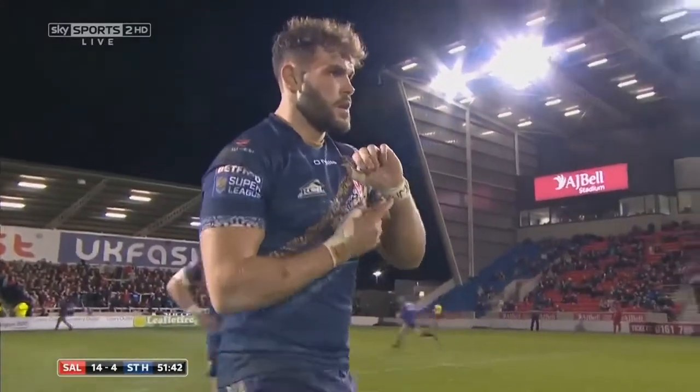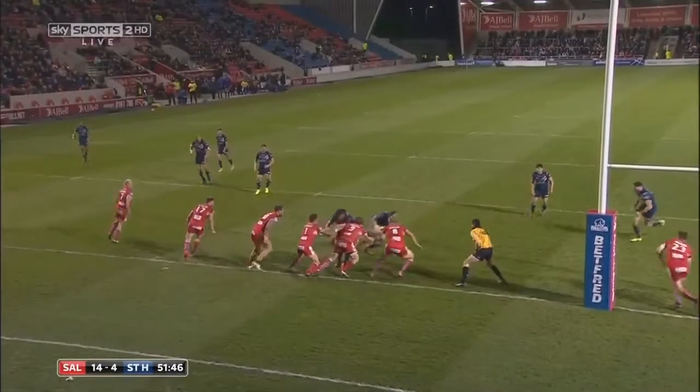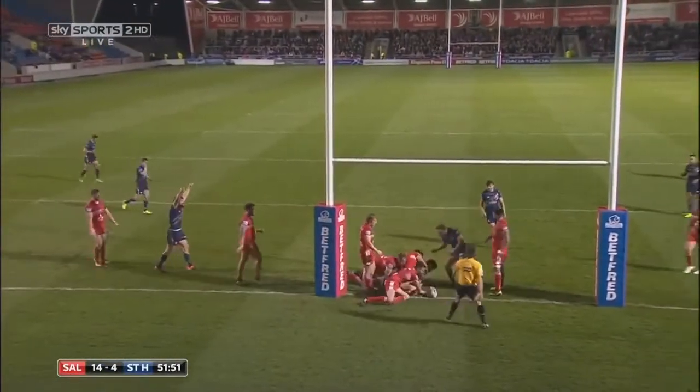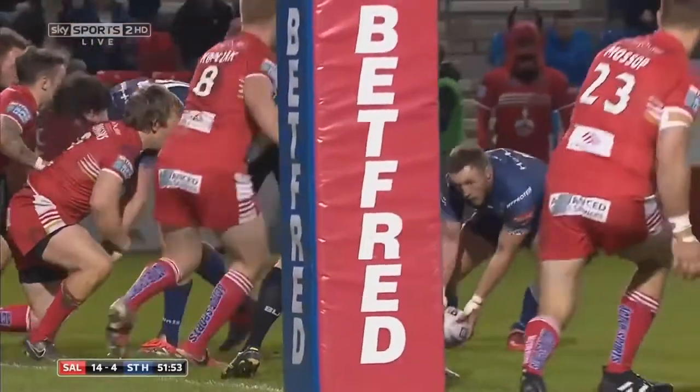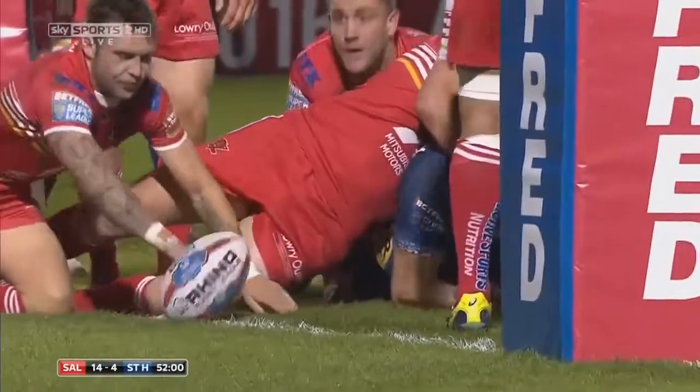Eddie, Barry's already talked about sending him on to give some impact. Well, what about that? He's only touched the ball twice. I think he's got the best goal forward in Super League. For such a big man, he'll pick out a defender. He's got a very good hit and spin in collision. You see, he gets at Mossop, and he knows that if he can run tight to that post, the left-hand